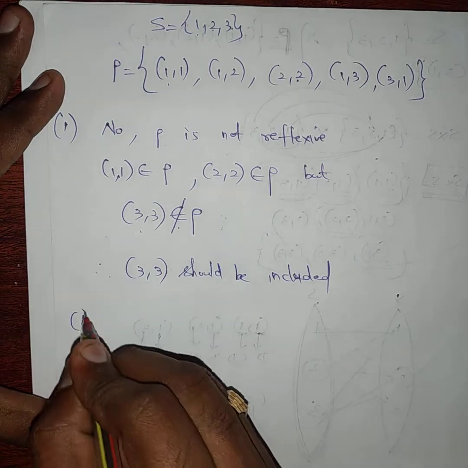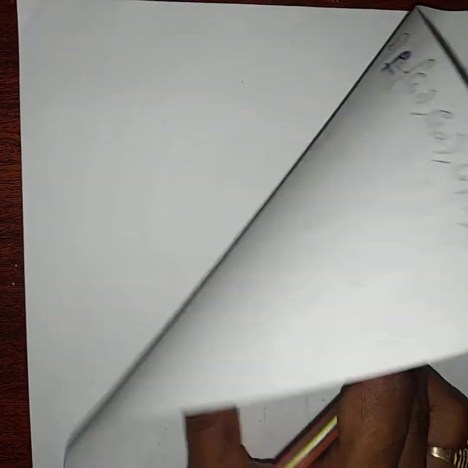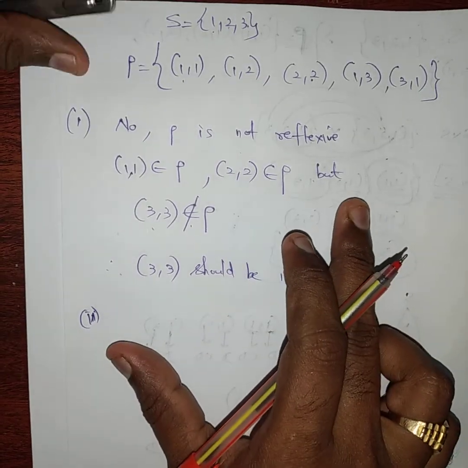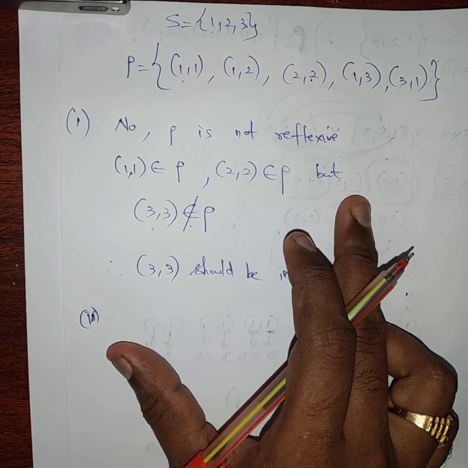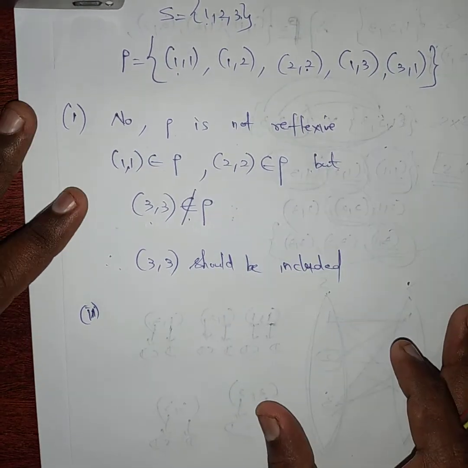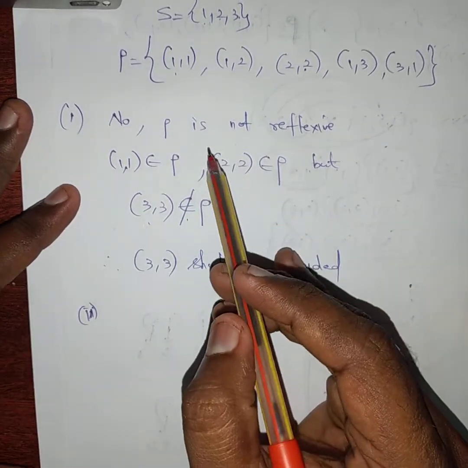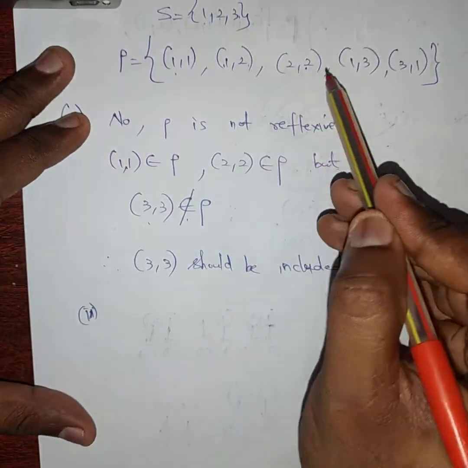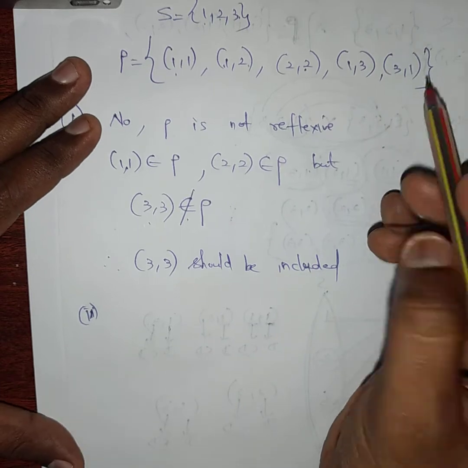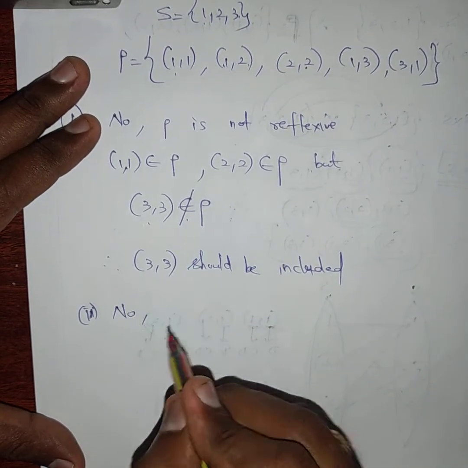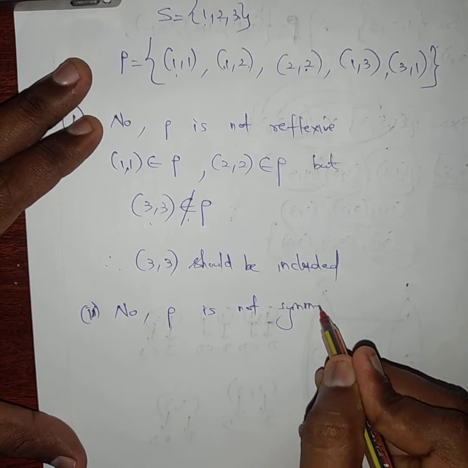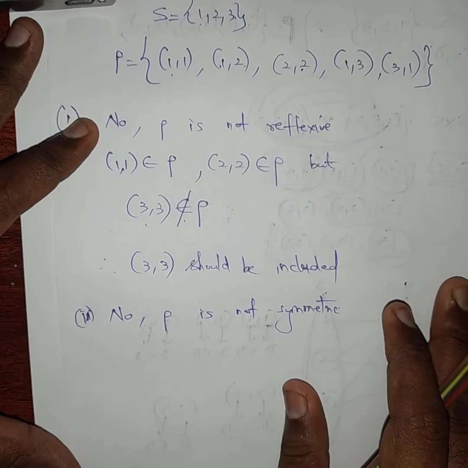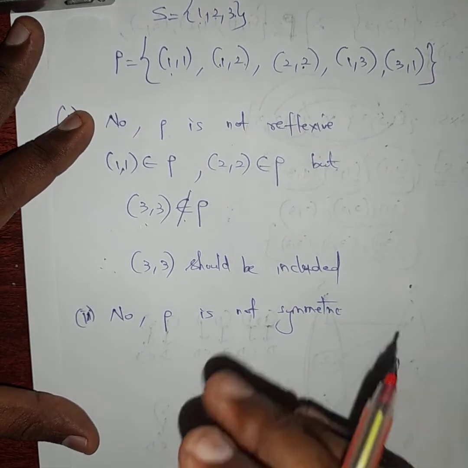Next is the second subdivision. What is the second subdivision here? I want to go into detail. See, is rho symmetric? How do I check? 1 comma 2: is there a 2 comma 1 present here? No 2 comma 1. Therefore rho is not symmetric. I have told you rho is not symmetric. If not, state the reason. I need to state the reason.